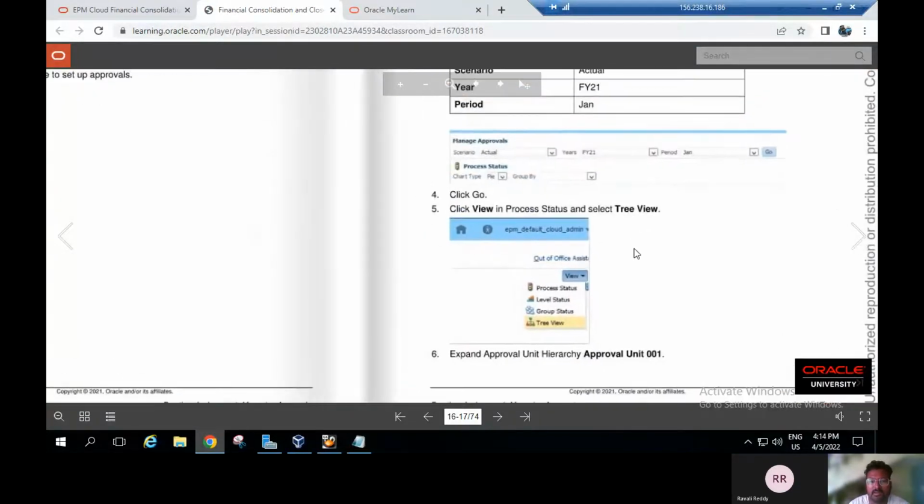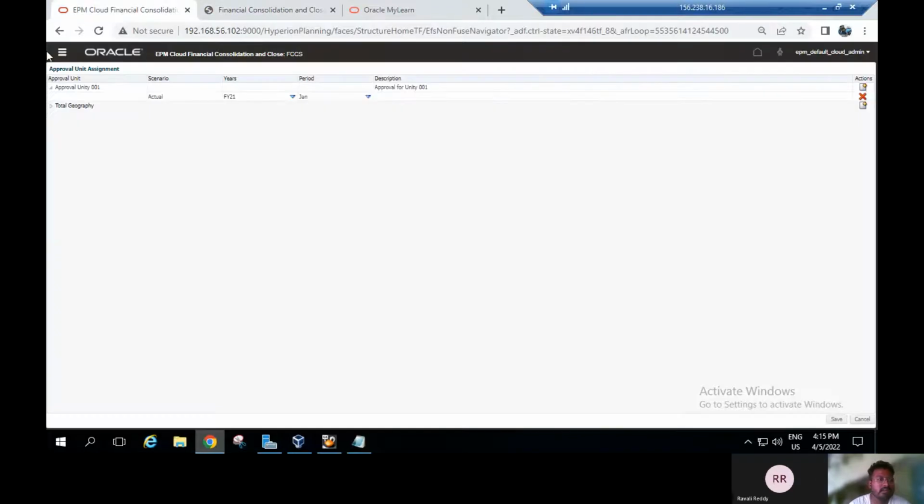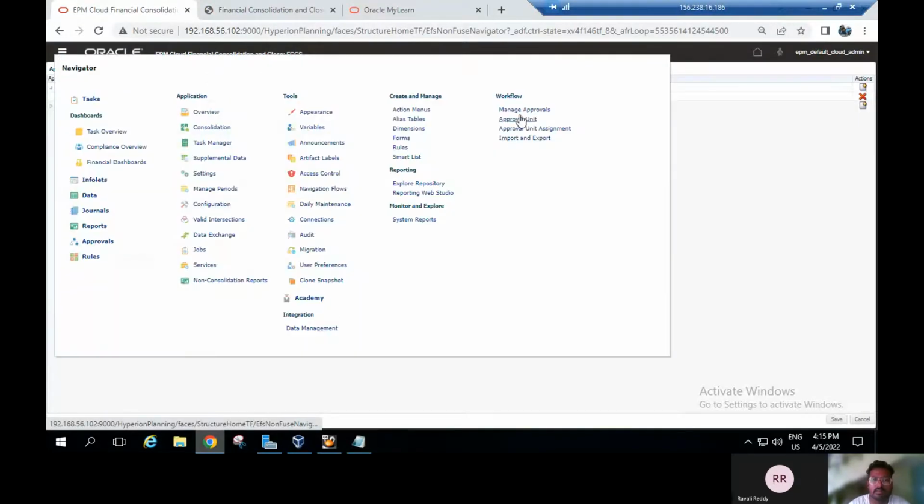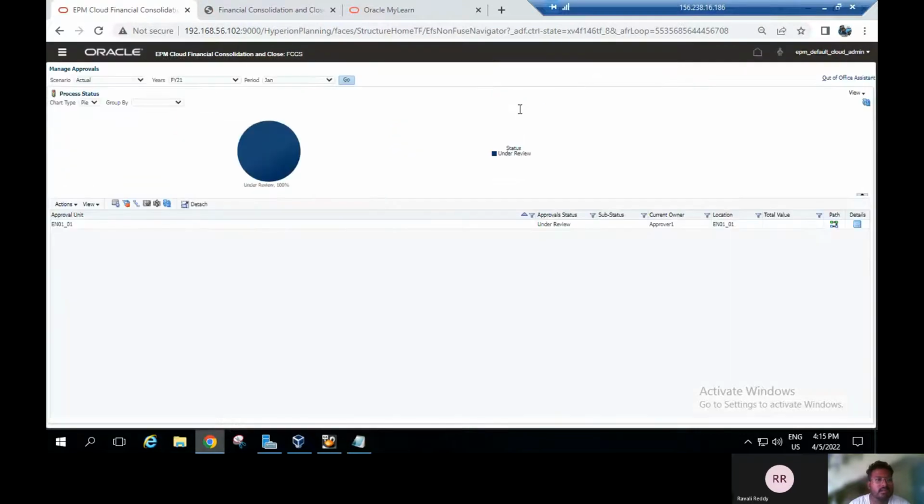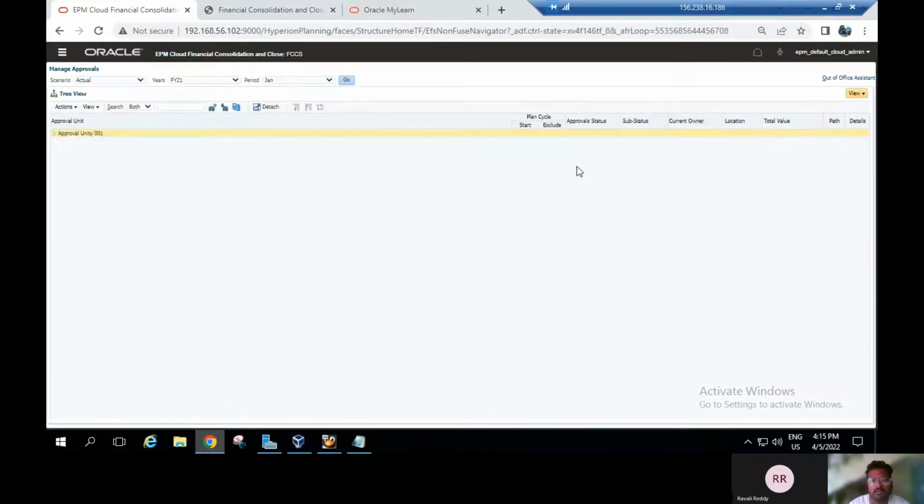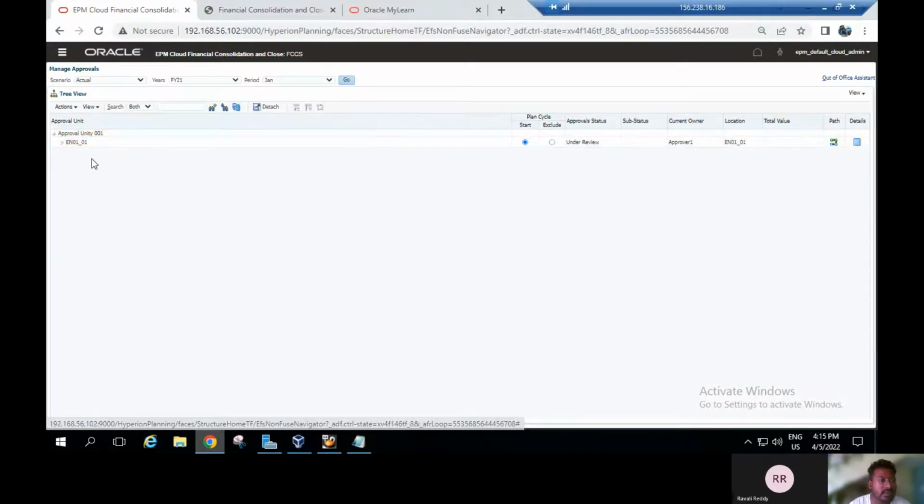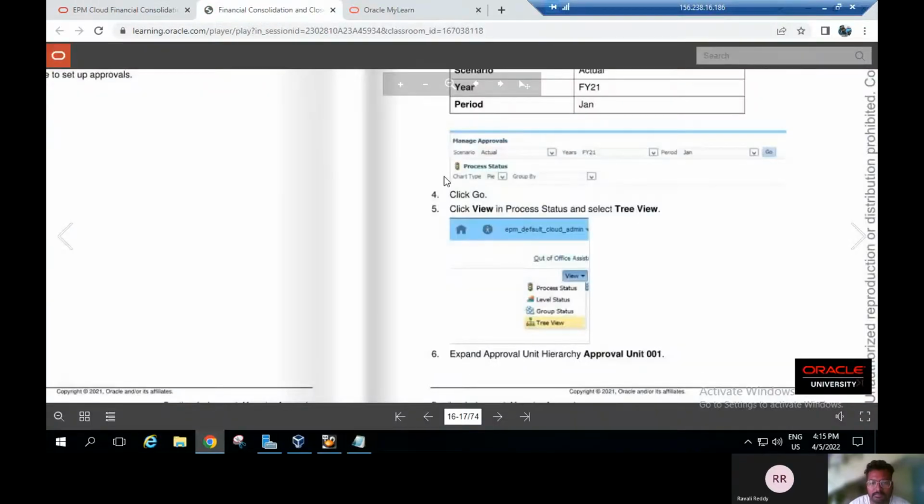Before, we have done this process, I will show you once again. Extend the process unit hierarchy and approval unit 001. You have to select the navigator and click on manage approvals. Here I assign the scenario as actual, year 2021, and period Jan, and click on go. Here you can see the data and click on the view option. Under that you have to select the tree view. After extension, what has been selected previously for the managed user, that data you can see here, en0101. Coming back to the documentation,